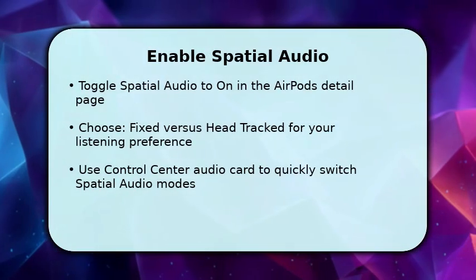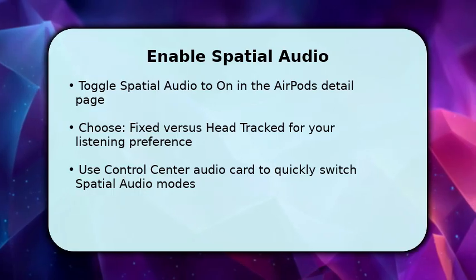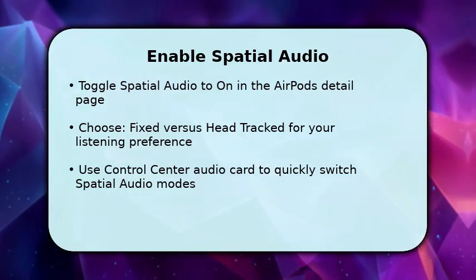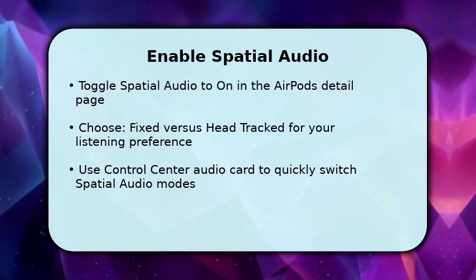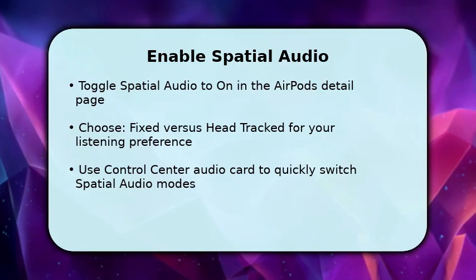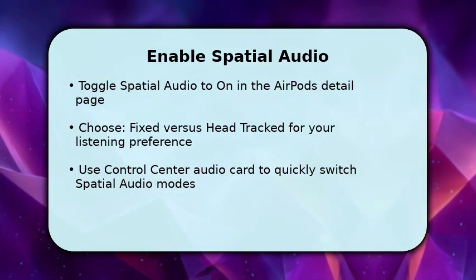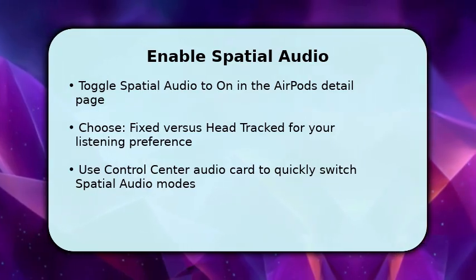You'll enable Spatial Audio from the AirPods Detail view. Flip the Spatial Audio toggle to On. Next, select the mode. Fixed keeps a stable soundstage. Head tracked adapts audio to your head movements. Choose what feels natural. Once done, play compatible content like Dolby Atmos tracks in Apple Music or supported apps and